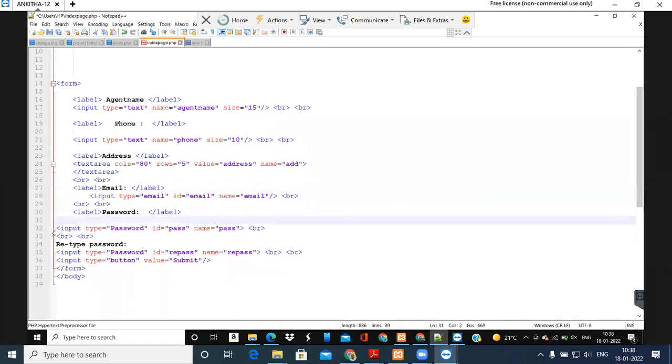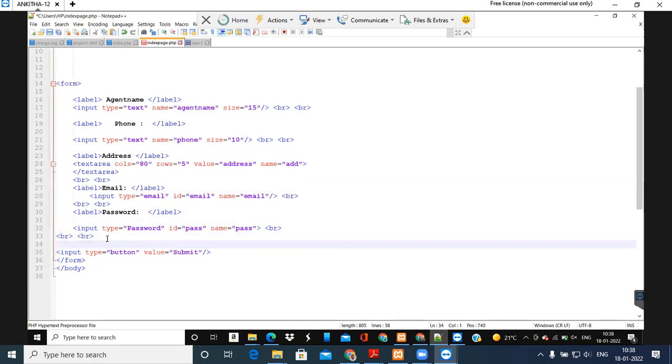Now label for password, and then password is there. And then break. Here she taken retype password, so this one is not needed. If you are using retype password, then you have to write JavaScript. Through that JavaScript you can check whether the password you entered is the right password or wrong, by confirming in a second input field. Have you observed on some websites, they mention confirm email? For verifying whether the email you entered is correct or not, they created another input field to retype email and confirm your email once again.